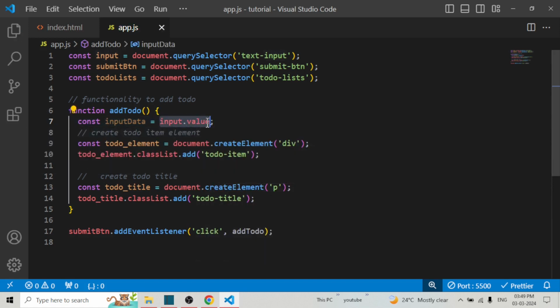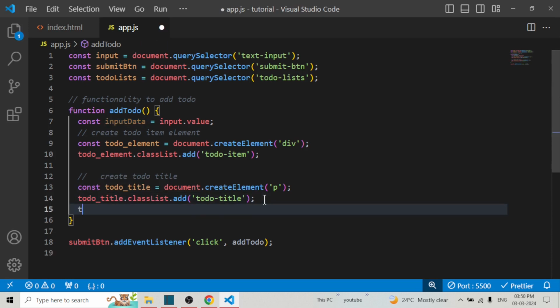Using this, we'll get whatever the user types in the input box. I'm storing that in inputData, and we just have to add this input value into the p tag. So we take this todoTitle and we have to use